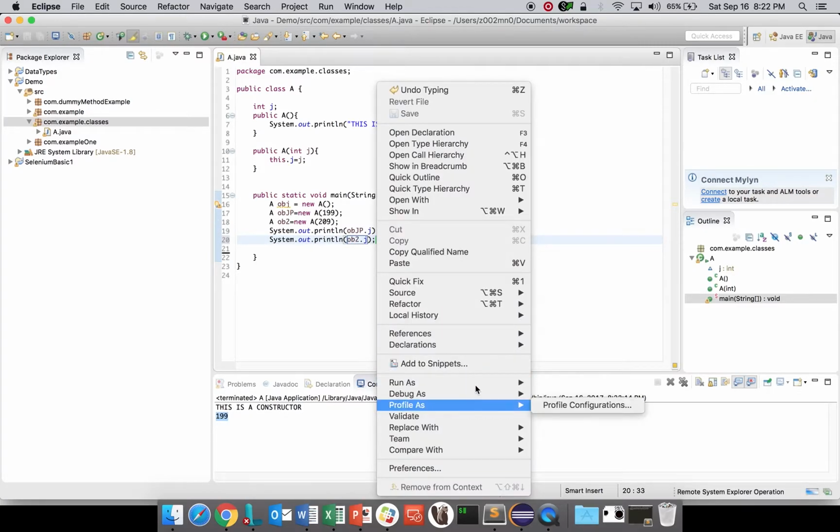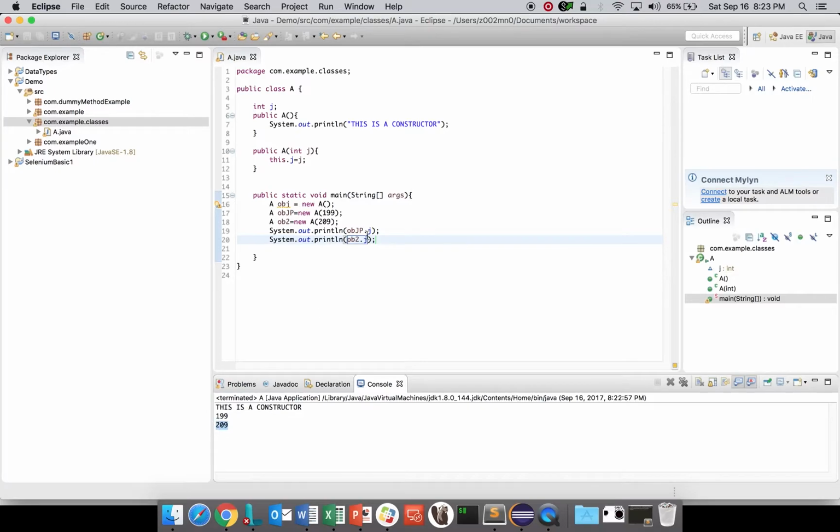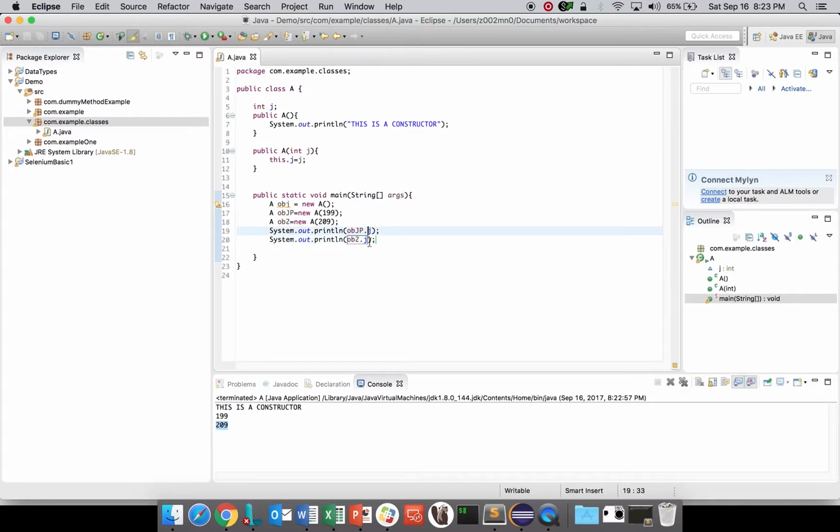Okay, let's see. You got it right. So here j is 199, here it is 209. Now from here we can wrap up a couple of things. One is whenever an object is getting created, whenever we are initializing an object, at that time the constructor is